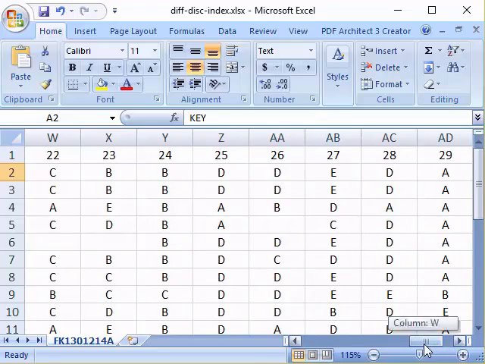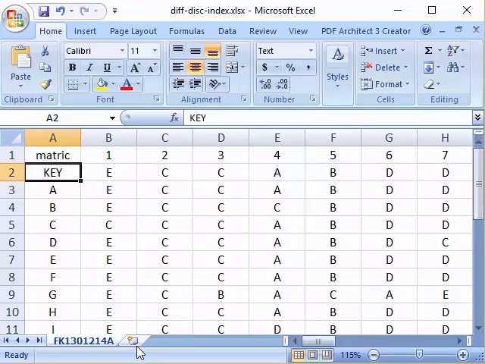So what is going to happen now? We are going to change, based on the key, what is the wrong answer and what is the correct answer.